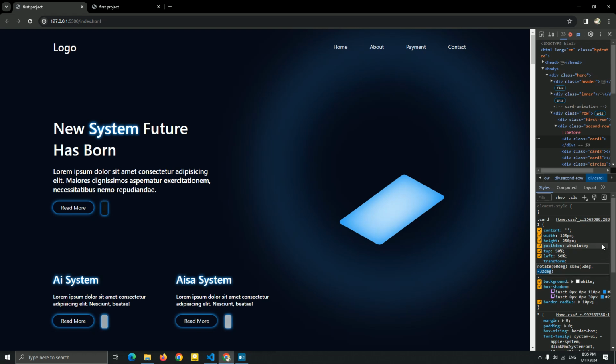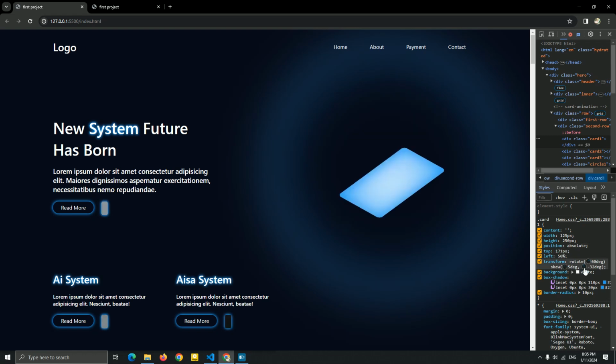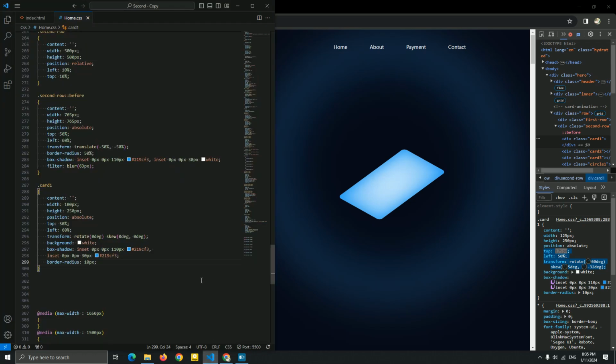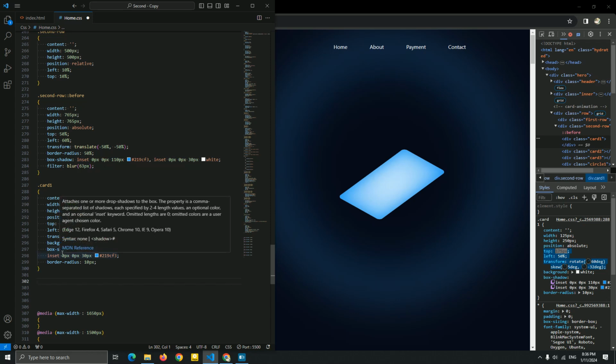So yeah, this is our first card, as you can see, but let me just add pixel instead of that. Okay, so yeah, this is our skew, and this is our top and the left. So this is our first card, guys. And now let me just add it here. And just remember this, just don't add too much of the width, because skew doesn't need width. And now let me just copy this and paste it for the card 2 and the card 3.